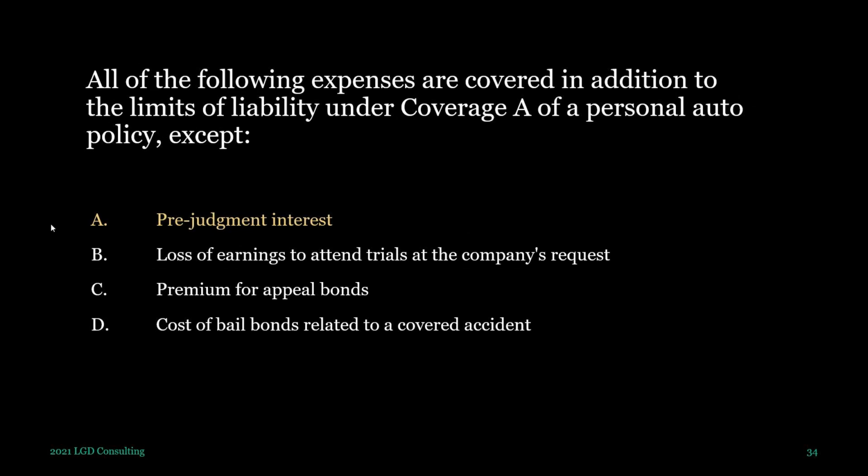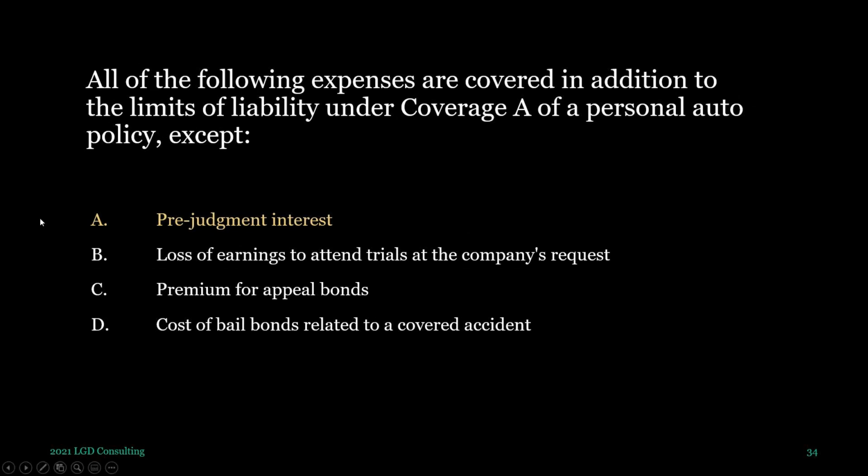So let me explain. Let's say you're an injured party, someone injures you. You file a claim, and their insurance company denies the claim. Okay, so you get an attorney or whatever, and you take them to court, and you win the case. That means when you win the case, we can go back and say, well, then they should have paid me back when I filed the claim originally. Because if they paid me then, I could have invested the money and earned interest on it. And so if you had to take it to court and you won, you can request prejudgment interest, which is interest on the payout that they should have paid because they delayed payment until you took them to court. So that's interest that could have been earned on the payout prior to the court order.